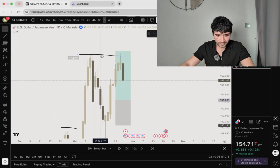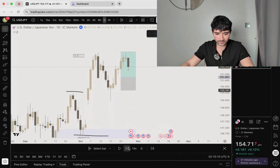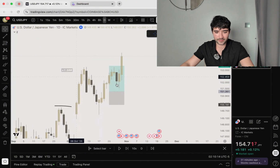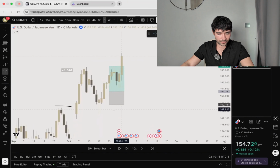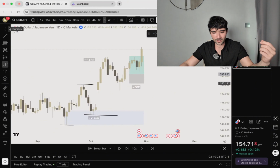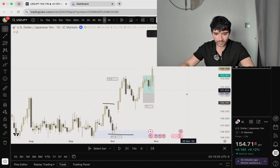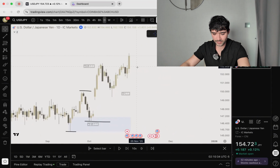Yeah, I don't think we hit the high quite yet. So what we want to do is just keep playing price and maybe find another swing. Okay, yeah, we just smacked TP there, which is beautiful. So this is going to be a plus 2R in the bank right there. And keep in mind, for every R that I'm risking, it's about $1,000, which is about 1% of my 100K personal accounts. So what we'll do now is just keep playing price, and let's see if there's any more setups